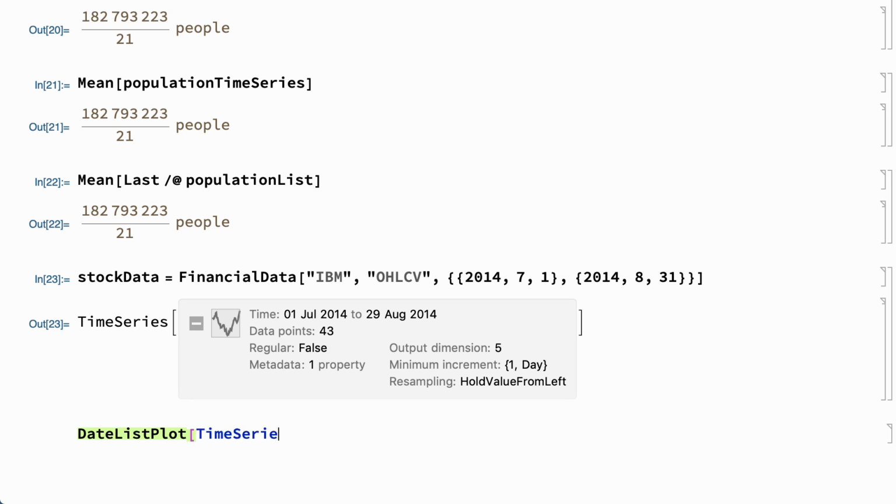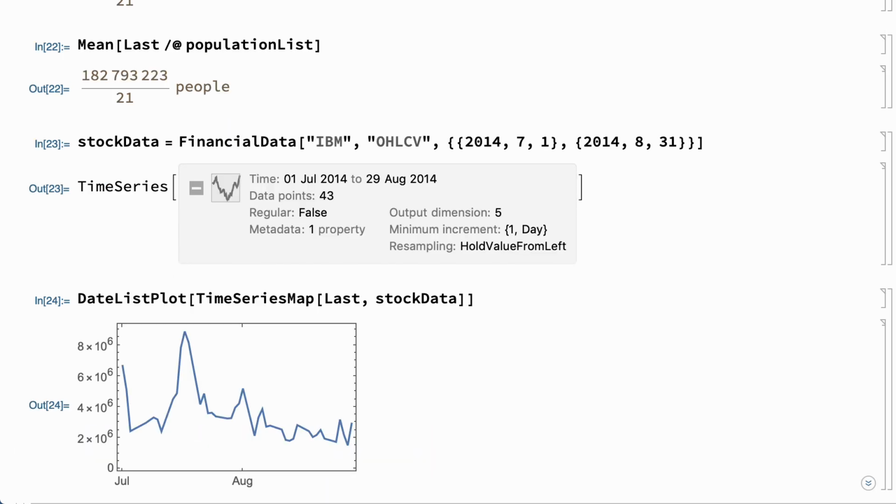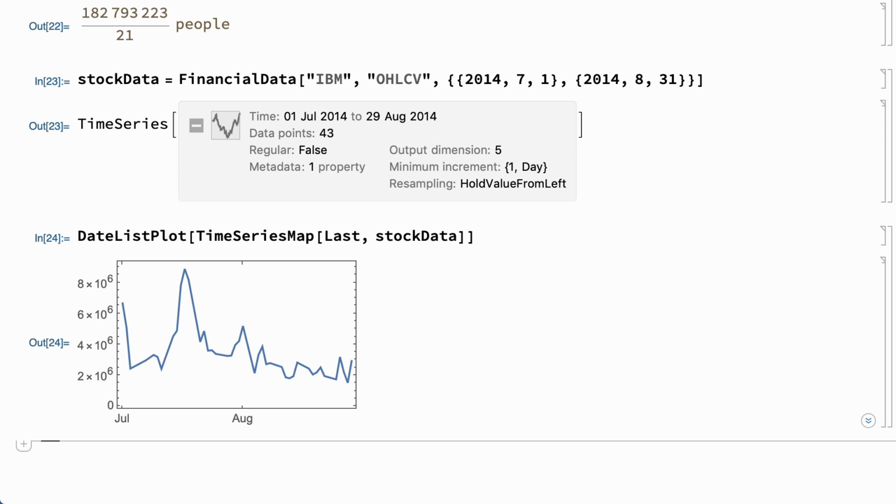For example, this shows datelist plot and time series map used to pick out and plot the volume data. The time series map function works like the map function, but for time series. It preserves the dates and maps a function onto the values. In that input, time series map maps the last function over the list of values in the time series expression, which picks out the last of the 5 values, which in this example is the volume data, and returns a